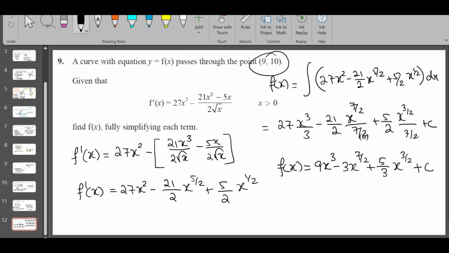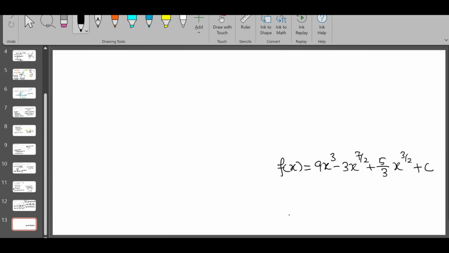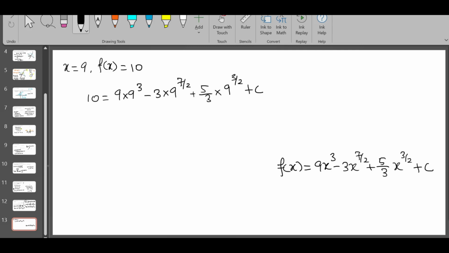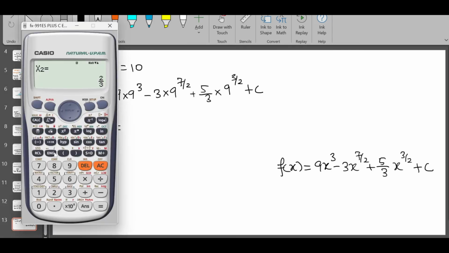Now we have to sub in the point here to find the value of c. So I'm going to sub in the point 9, 10. X is equal to 9, f of x is equal to 10. So 10 is equal to 9 times 9 cube, minus 3 times 9 power 7 over 2, plus 5 over 3 times 9 power 3 over 2, plus c. Move everything same side. All the numbers to this side, you will get the value of c. So it's basically 10 minus